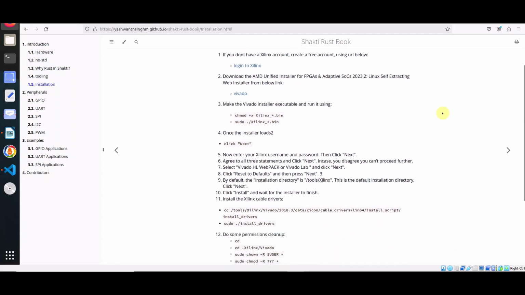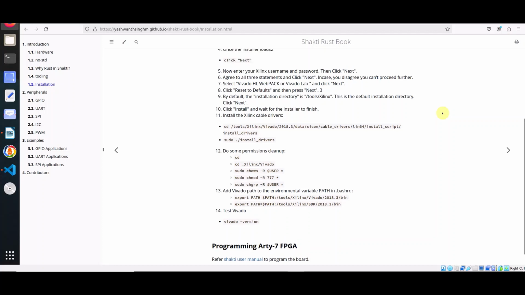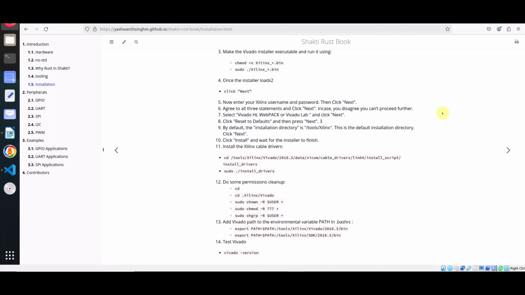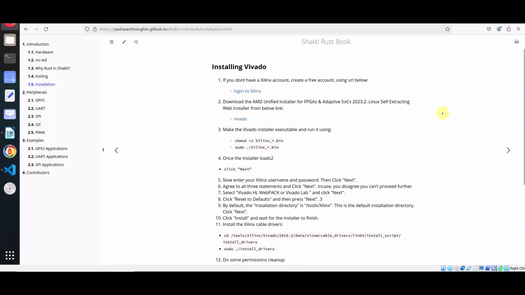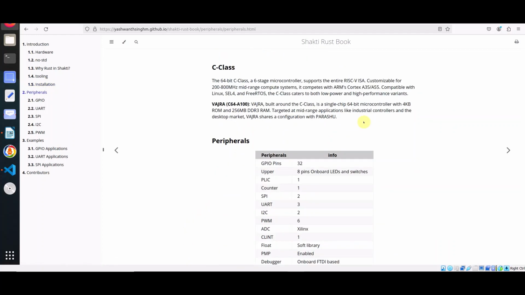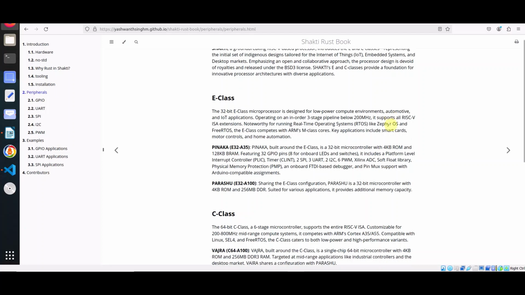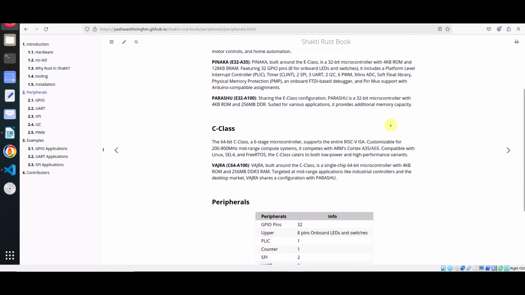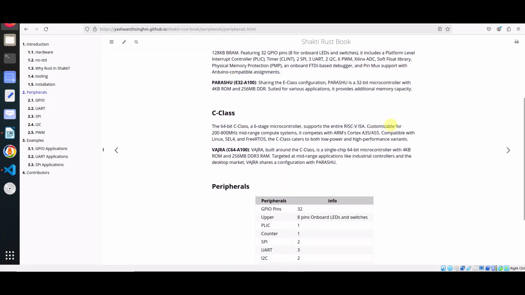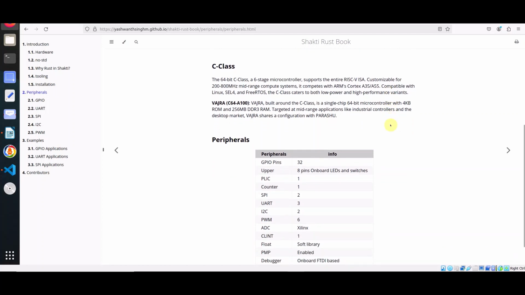So you just have to download Vivado. You have to run and follow these steps. They essentially tell you how to make or emulate the actual Shakti processor on this specific RT7 board. And this here is some more standard information about the actual peripherals which are present on the board. So there are other classes with which Shakti works, but the one we are essentially working with is the C class. The 64-bit C class, 6-stage microcontroller, has the entire RISC-V instruction set, and then other information